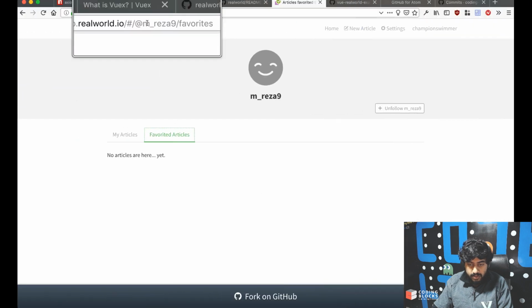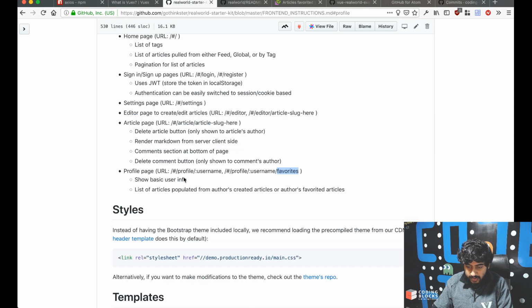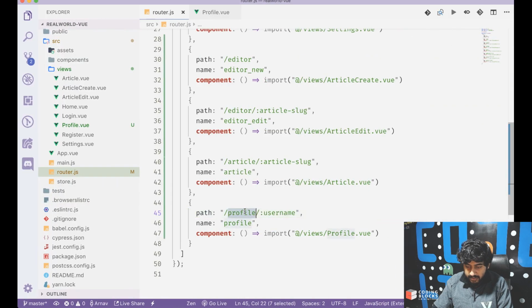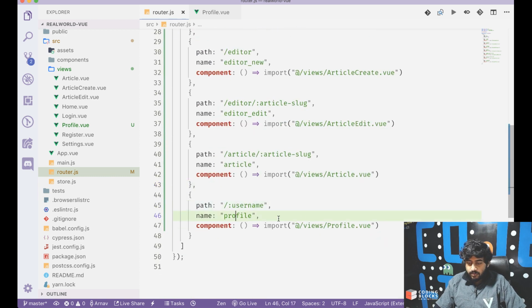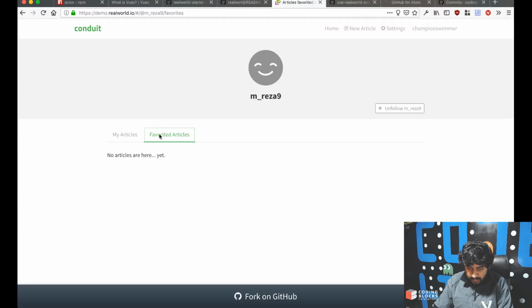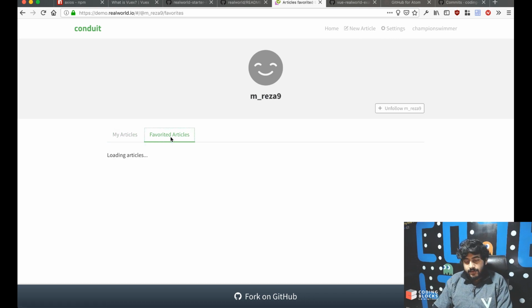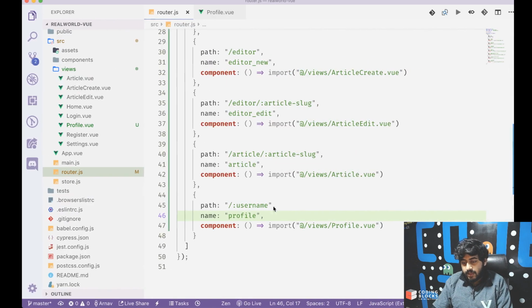so I think this routing is not correct. I think it's supposed to go to slash profile. I think it goes to slash username directly. So yeah, it'll go like this, slash username. Okay, so if it goes to slash username, we'll go to the profile page, and what do we have here? Like favorite articles, my articles here. Okay, so there are separate routes for that. So we'll create this my articles and favorite articles part here. Okay,